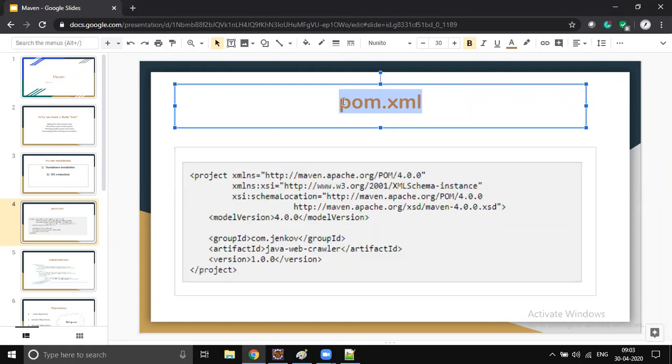All the Maven project pom.xml files will start with a root tag called project. This is the root tag, and we will provide some schema information. Whatever pom.xml file we write is going to be validated against these schemas.